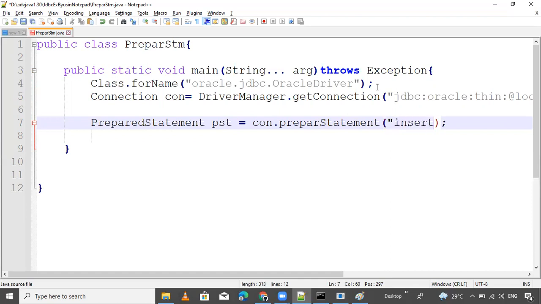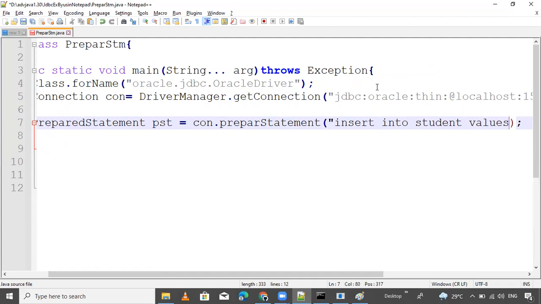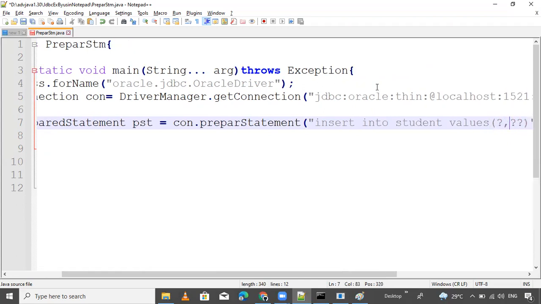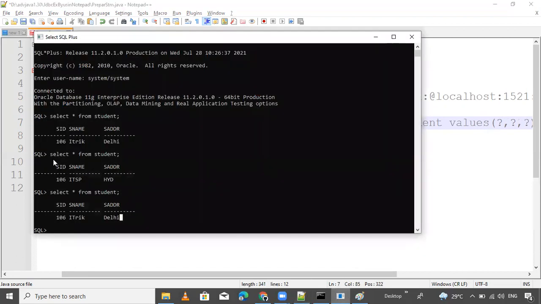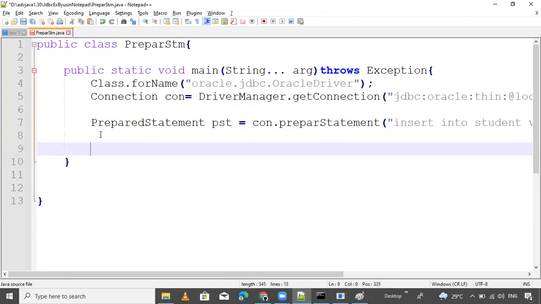Insert into student values, with three parameters, because in the student table we have only three columns. Column names are not required to be passed here. Okay. So now our query is ready.